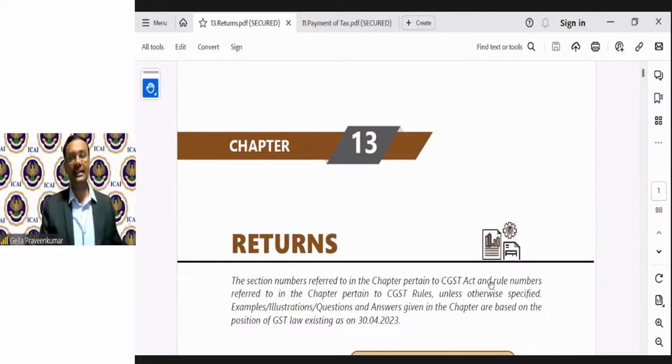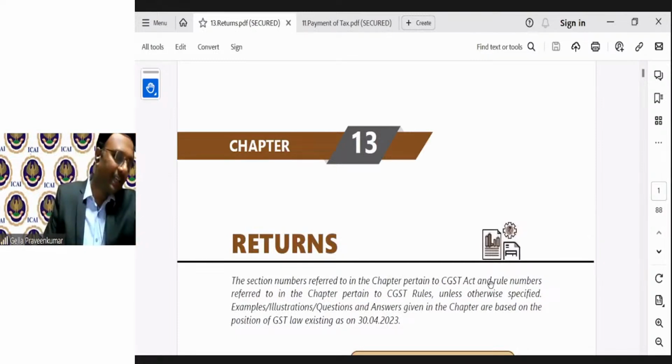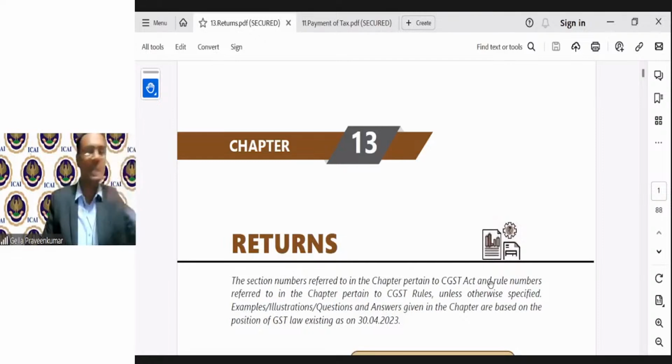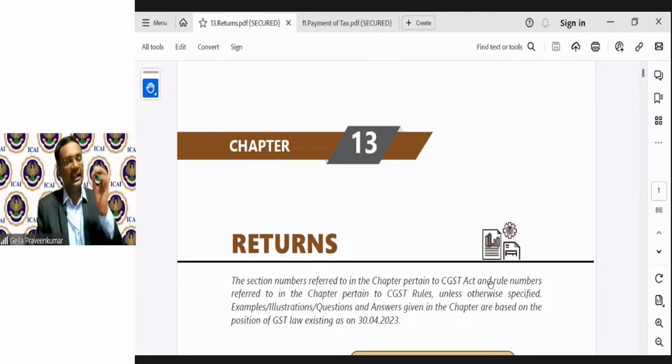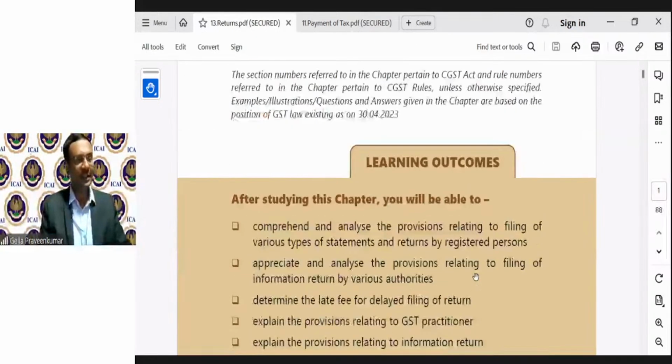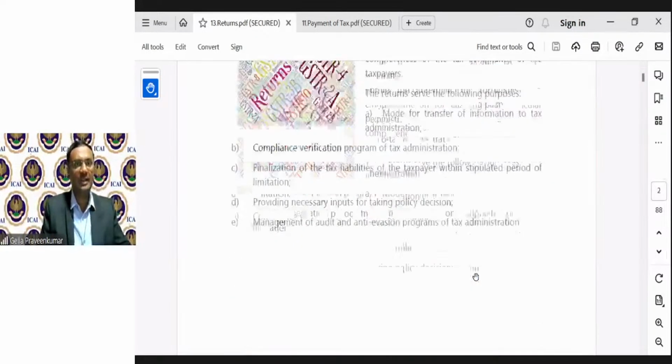Chapter 13, returns under GST law. My advice, students, always keep your institute material next to you when you are attending these classes. And the institute, that is the Board of Studies, has put in a lot of effort to bring these concepts in